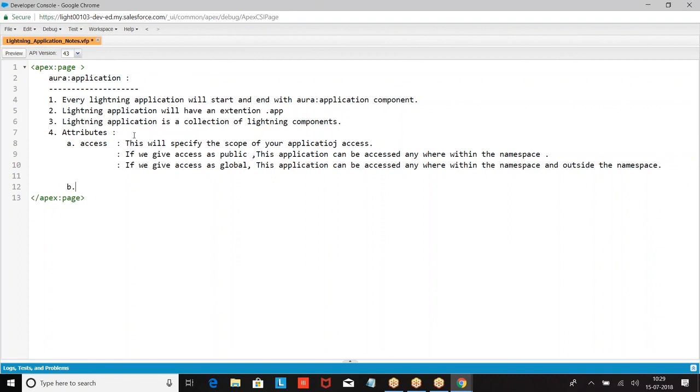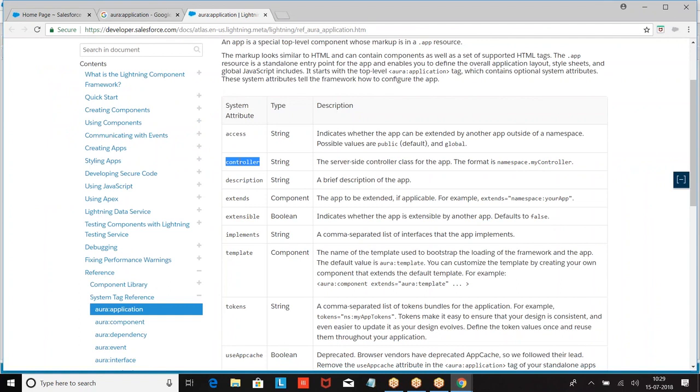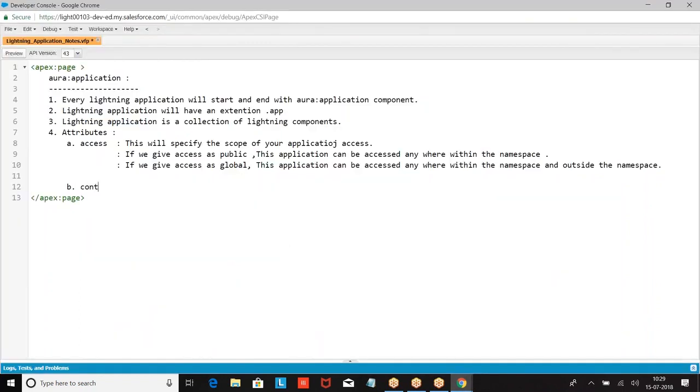So next one, the second attribute. What is the second attribute we have? Controller. What is the meaning of the controller?